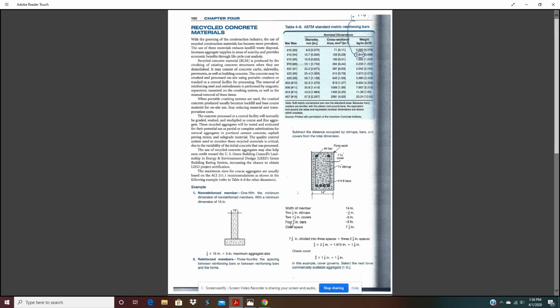And then right here, this is 4 number 6 bars. What that means is there are 3 or 4 rebars on the bottom. You're always going to look at the bottom one because that's got the least amount of space. So they're number 6 rebars, and 0.75 is 3/4. So you've got